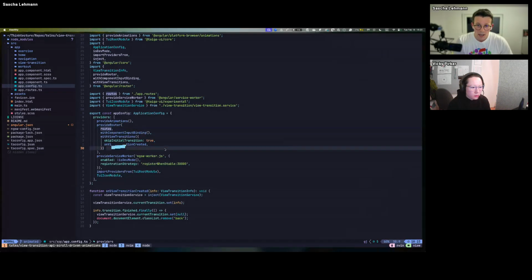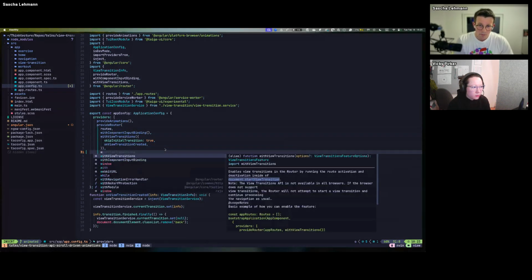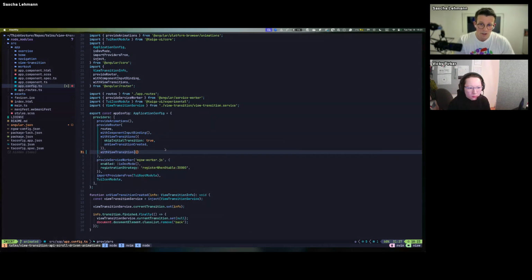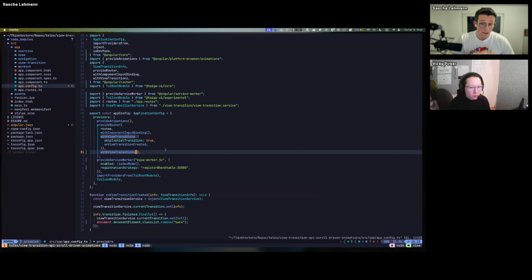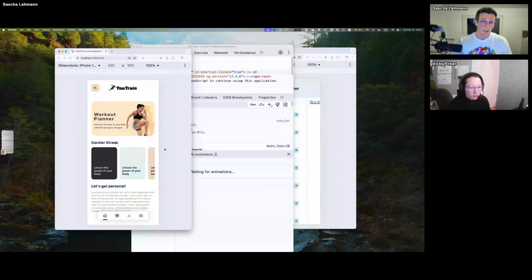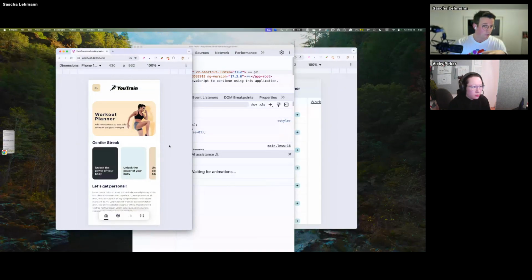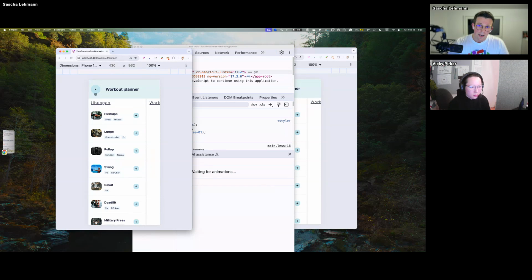So in this router part here, I just have to add a new configuration function with view transitions, and I hit save, and I just have the view transitions enabled from the framework by default every time routing happens. In this case, I route from home to the workout planner, and we see a subtle crossfade there. It's not very